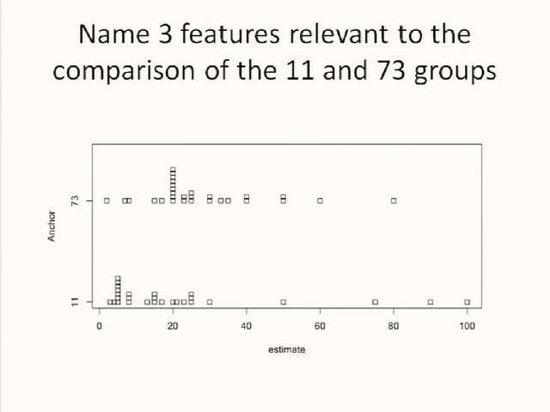And how do they differ? How are they similar? Okay? Somebody? Higher maximum value for which group? 11. For the 11 group, okay. Well, not higher, okay. So the 73 looks like there's more in that one mode, but if I compare the 73 and the 11 group, we want to compare